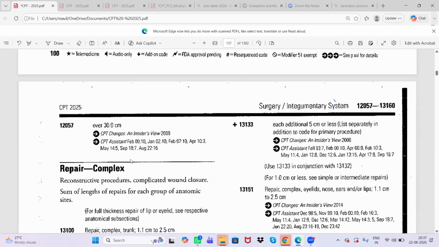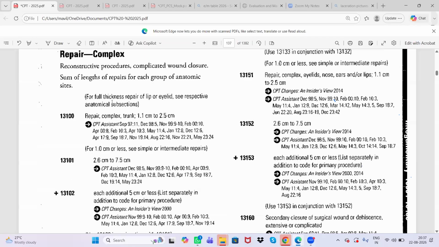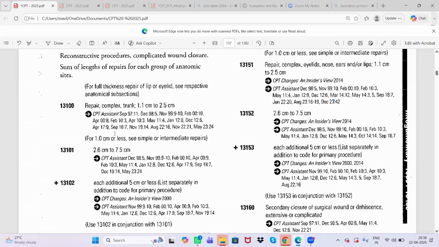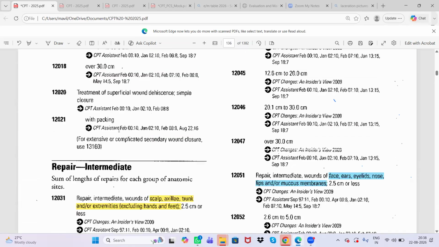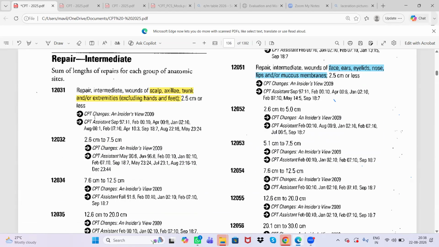Next, complex repair. Complex repair is a little different. Same way here also, intermediate repair. Okay, let me give you another example. So a patient